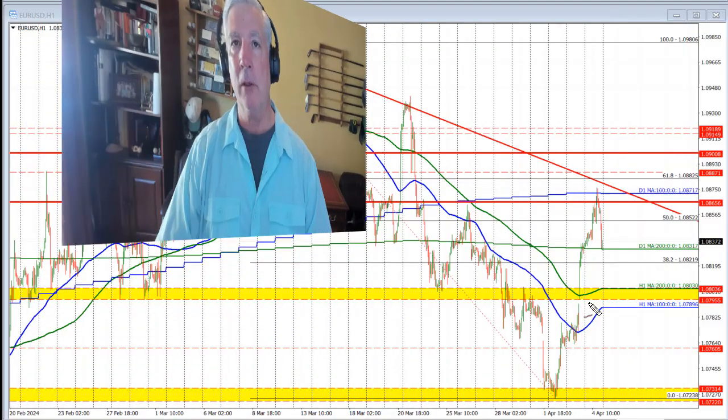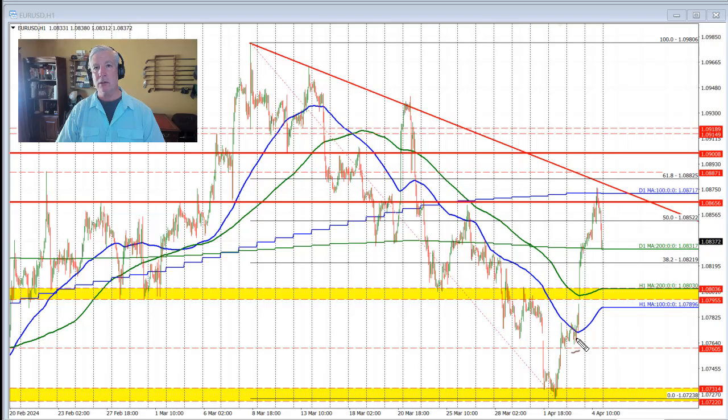I'm going to take a look at the Euro versus US dollar from a technical perspective. Today's day is March 1st. We're starting the Asian session, so a new trading day. So let's get started. Looking at the technicals in this currency pair, it's important to understand what we did over